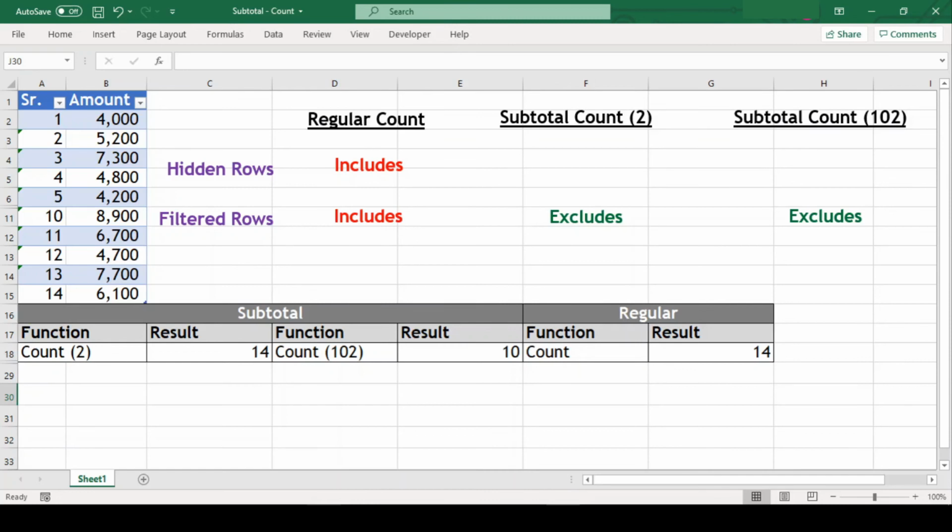But when the range is not filtered, both these functions behave differently if the range has few hidden rows. The count function with code 2 includes the hidden rows in the counting, but the function with code 102 excludes them.